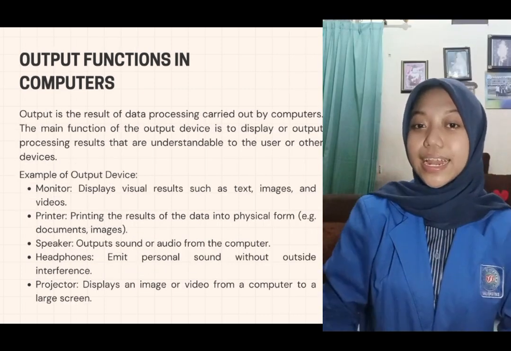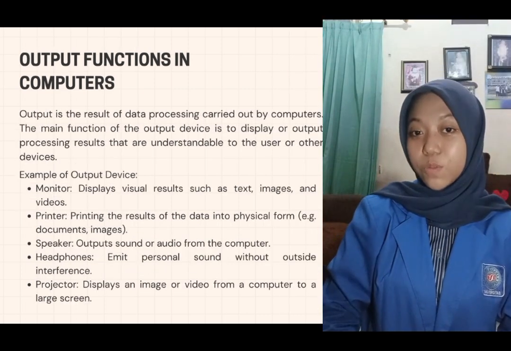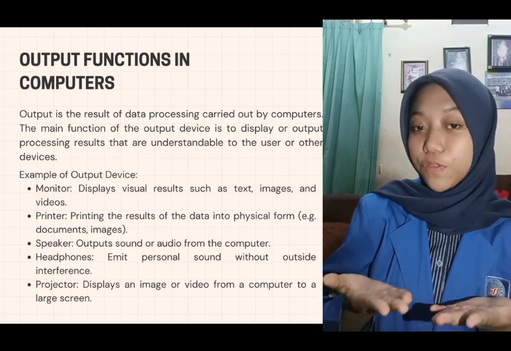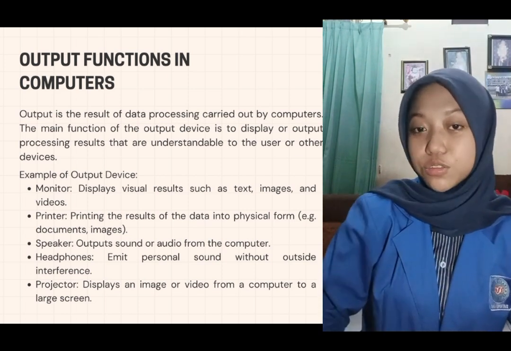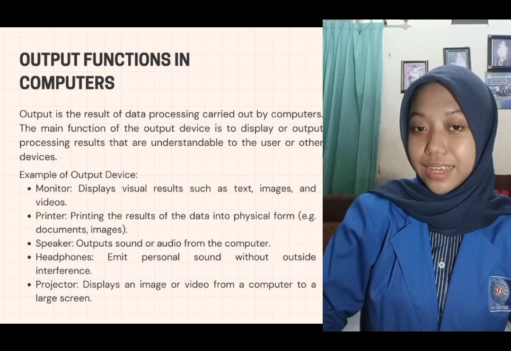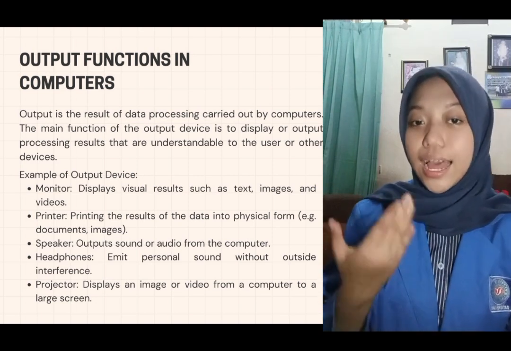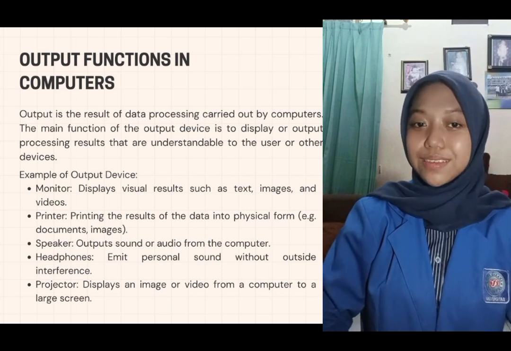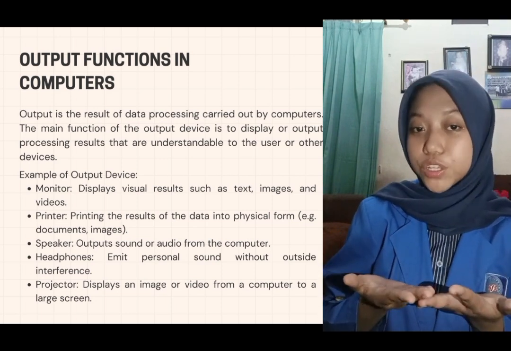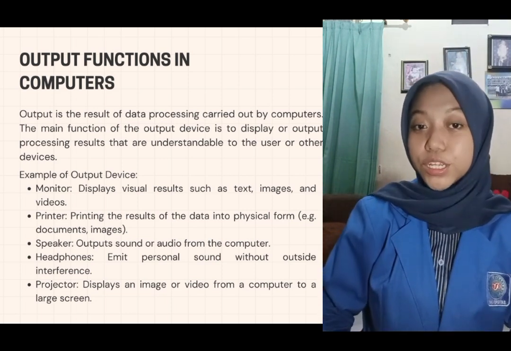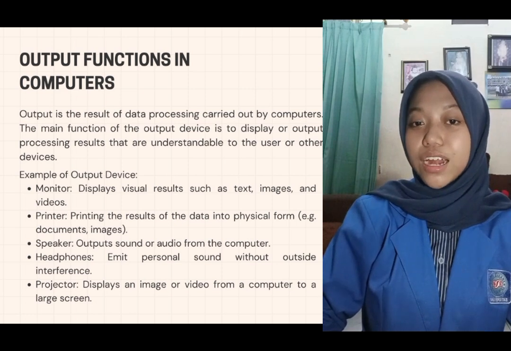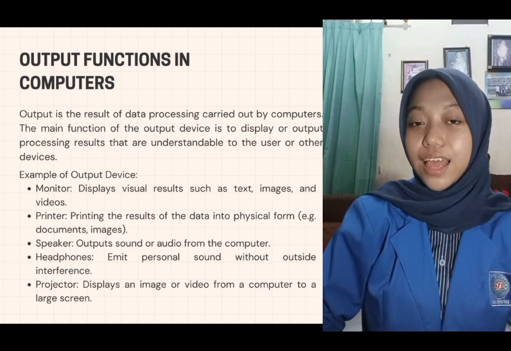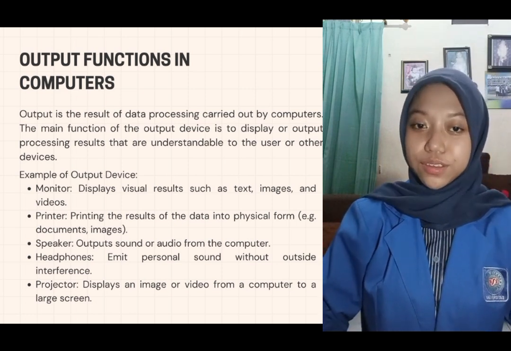Slide 8. Next, output function in computers. The main function of the output device is to display or output processing results that are understandable to the user or other devices. Examples of output devices: monitor displays visual results such as text, images, and videos.